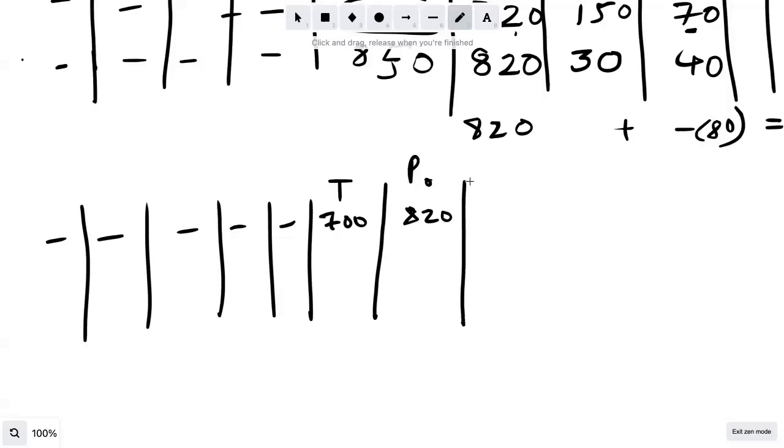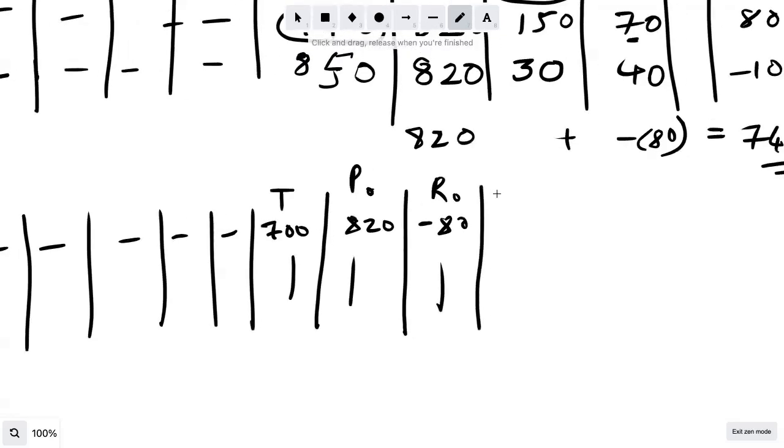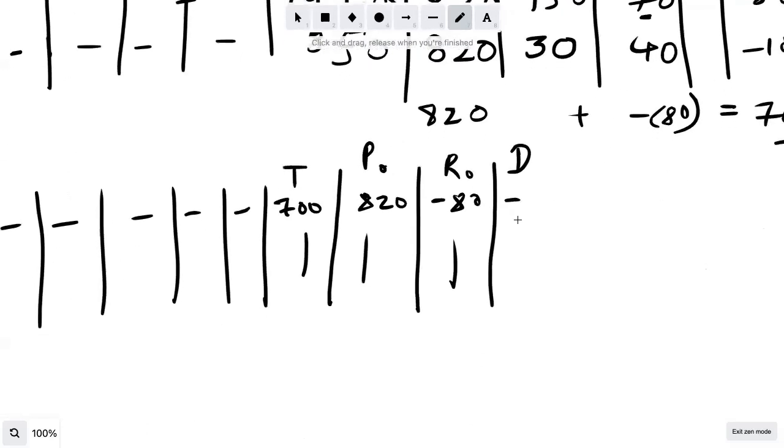Then we computed the residual. So let's call that R0, and the residual is minus 80. And then we do it for all of these rows. We compute the residual. Then we train a decision tree, D, and D is trying to use the inputs to predict these residuals. And again, D is going to be off by a little bit. So let's say that D predicted minus 40.